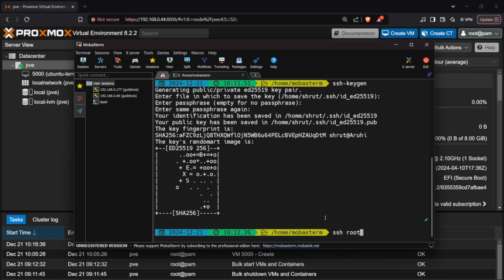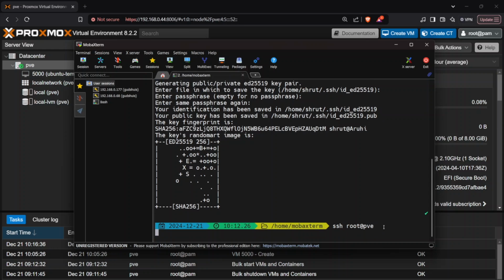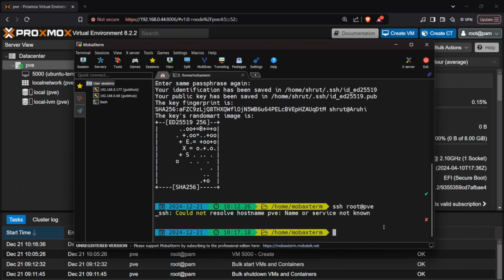And let's move on to the terminal and type in ssh root at the PVE. I don't believe it will work now because we still need to go inside the shell. Let's check. Yep, hostname is not resolved because we do not have an IP address coming through. So let's